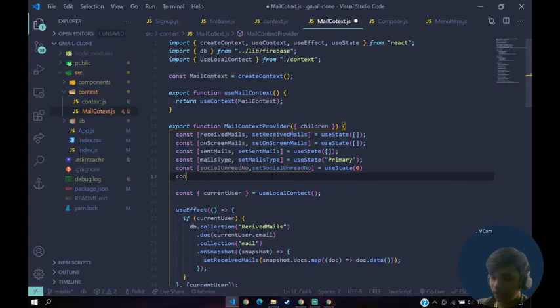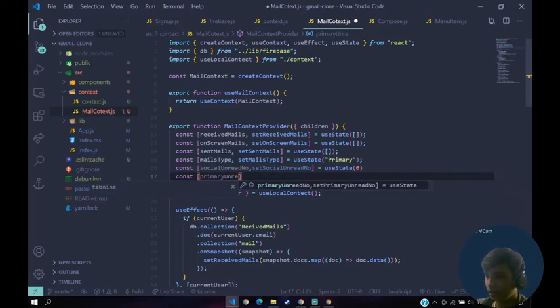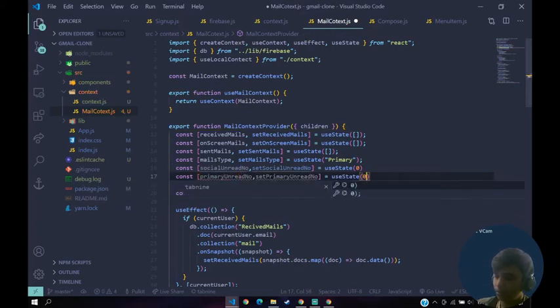Then we are gonna have const primary unread number, set primary unread number of 0 initially.